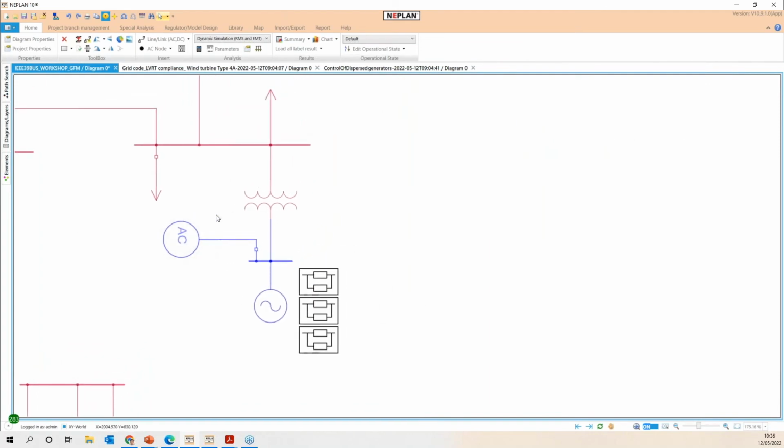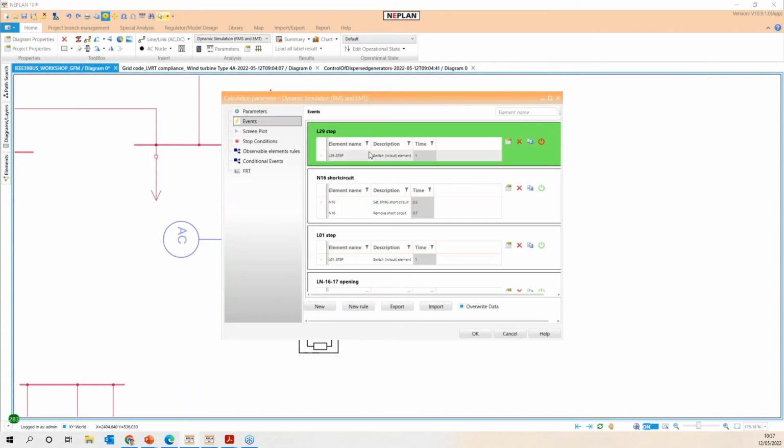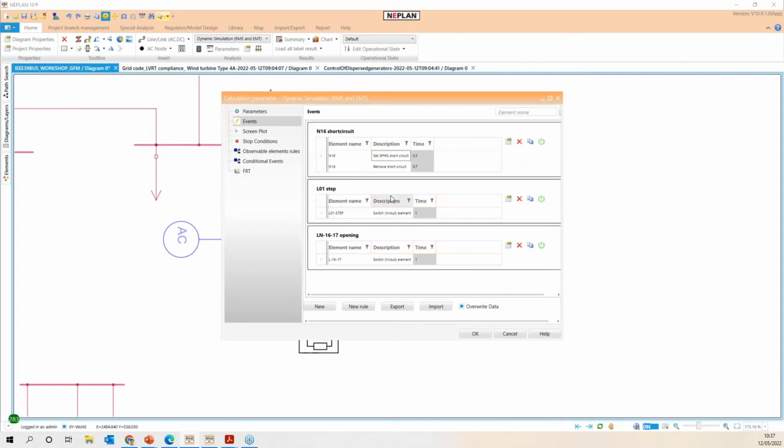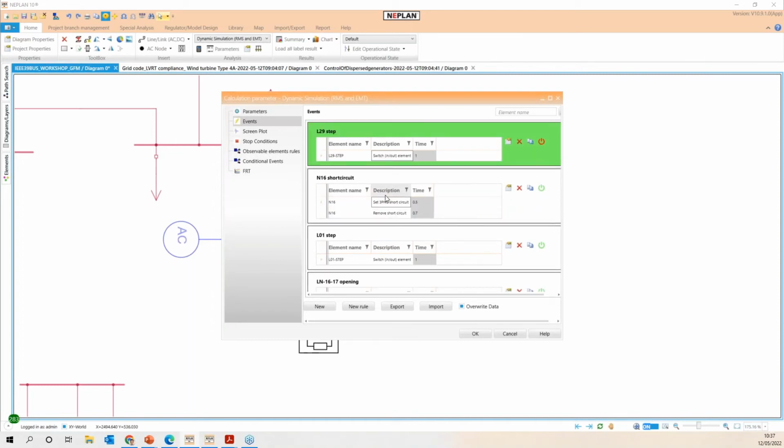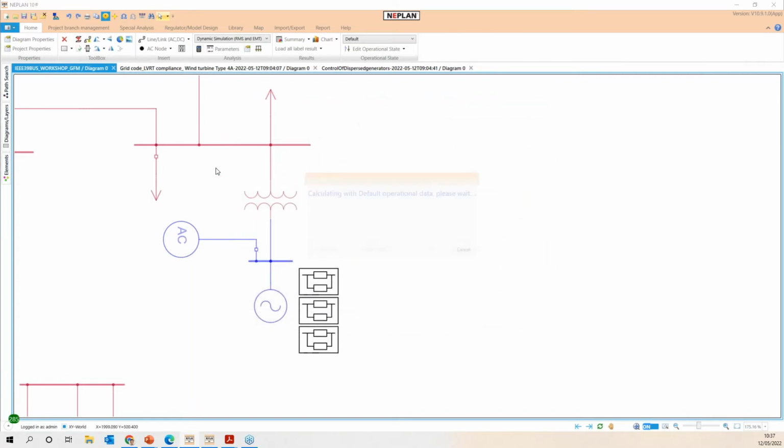To check the system performance during the dynamic conditions, we can run the simulations using the symmetrical components. We are going to perform the simulation for a time of 10 seconds, and we are going to define an event. For example, we can define short circuits, or an opening of the system, or a low voltage ride through, which is going to be illustrated later. In this response, we would like to check the response of the frequency and the voltage during the event.